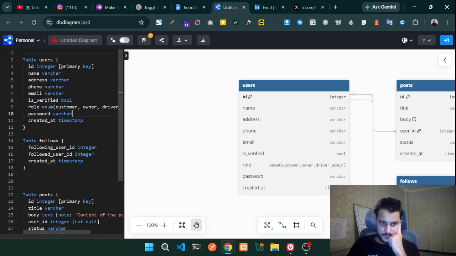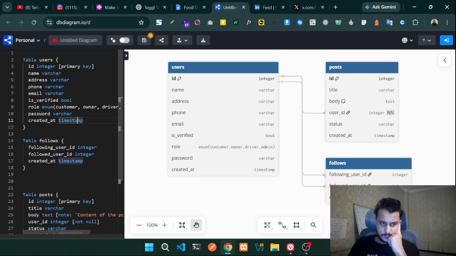Password, created at, okay, so we have integer, name, addresses, phone, email, primary key. Okay, so is verified the boolean character. Okay, right now